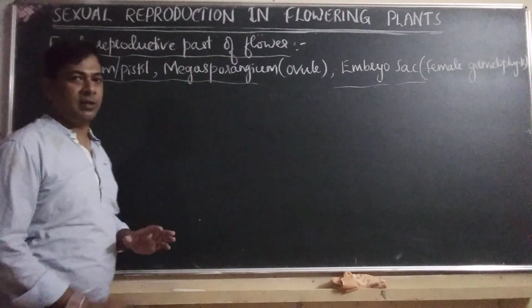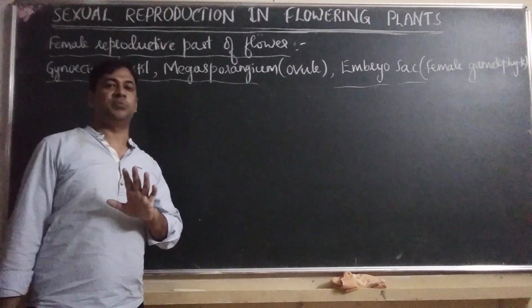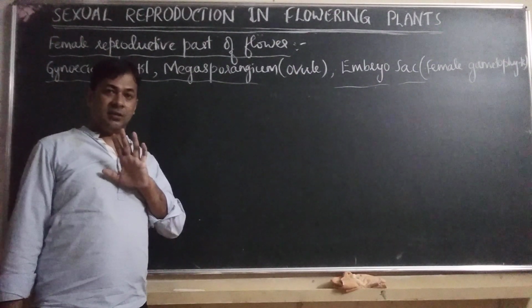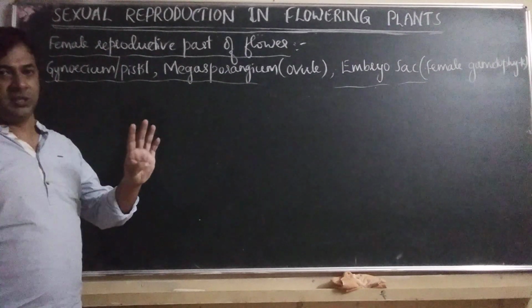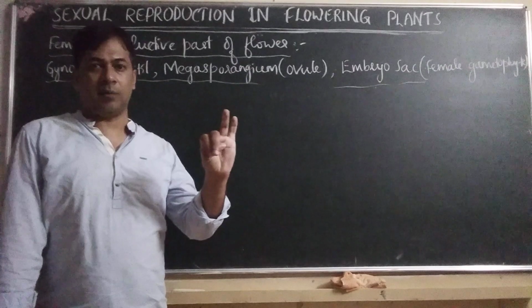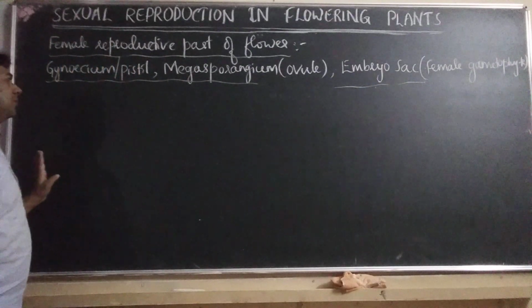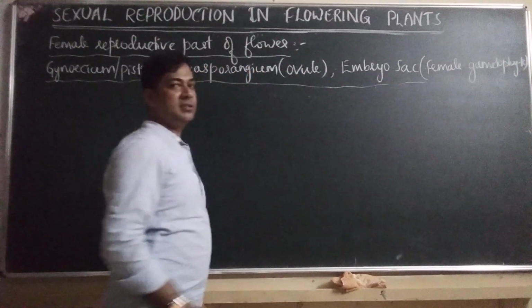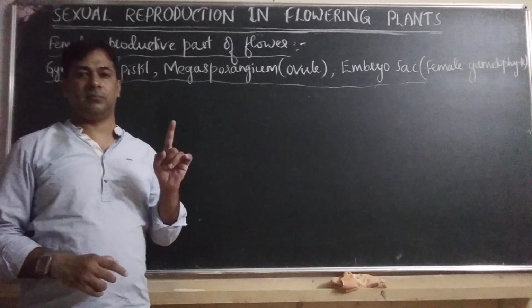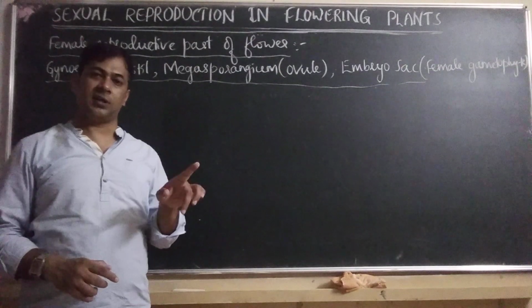So you should consider all three as the same, because it is there in the textbook like that. They have given different names to make students understand that gynoecium, pistil and carpel are all the same thing, just different words. See, ovary, style and stigma together are the gynoecium. It is also called pistil. It is also called carpel.